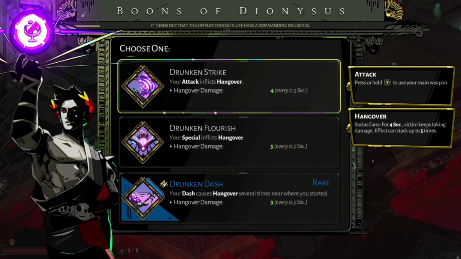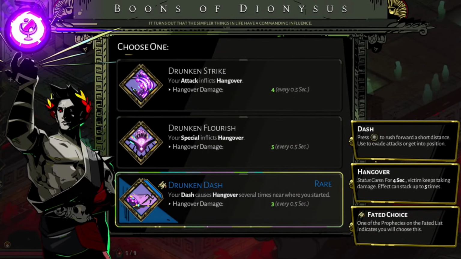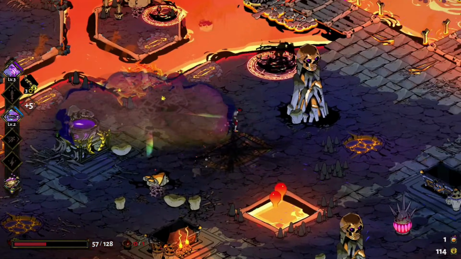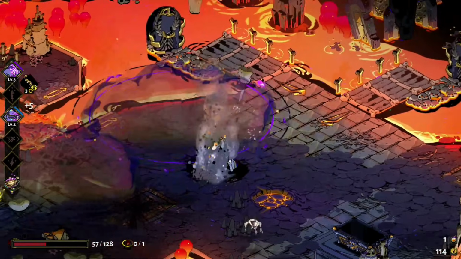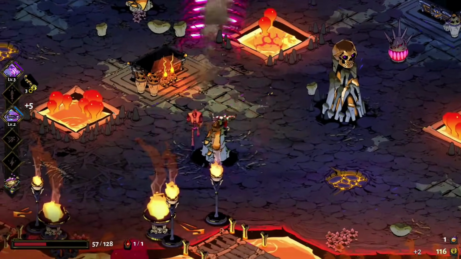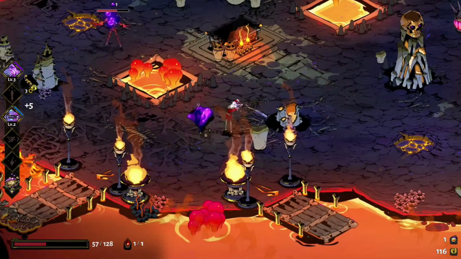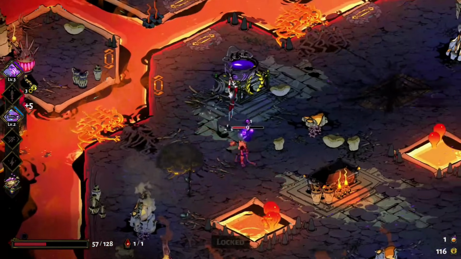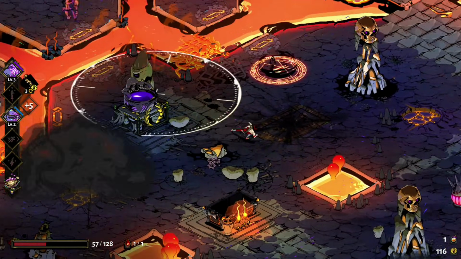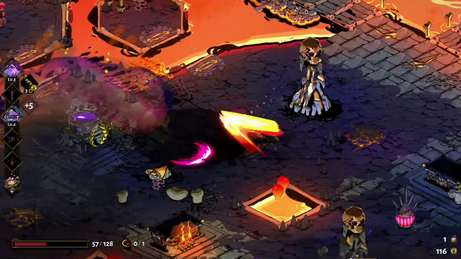These are primarily focused around Hangover, which is basically the same as Poison in most games. Damage is every half second for 4 seconds and can stack up to 5 times. If you combine this with adding Festive Fog, which is an AoE effect impairing enemy movements who are caught in the fog, then you can unlock Dionysus' legendary boon Blackout, which provides a 100% damage increase to hungover enemies caught